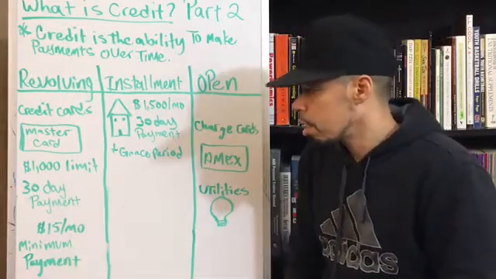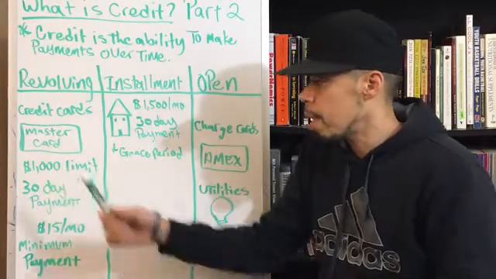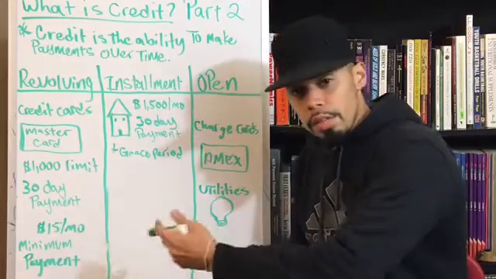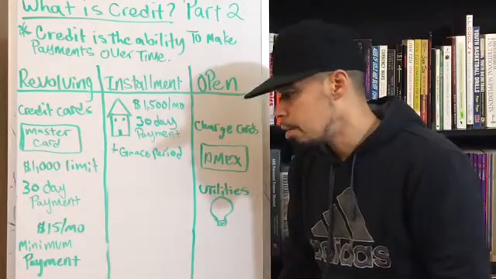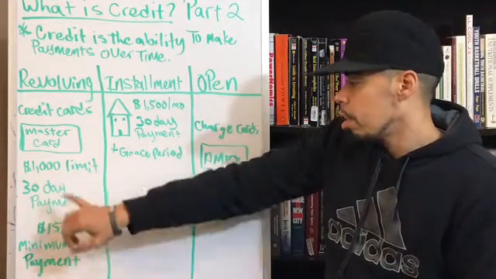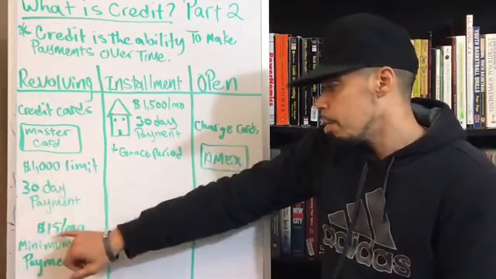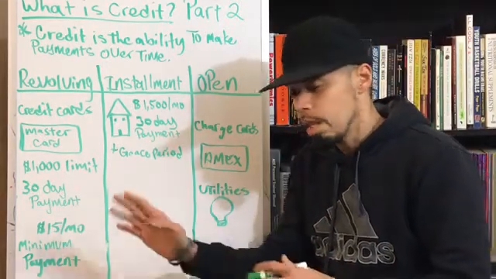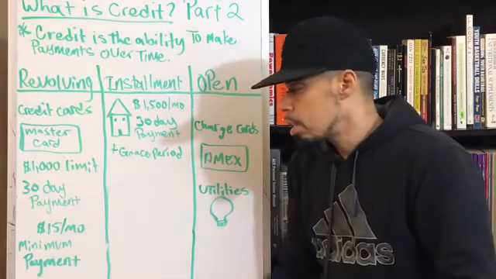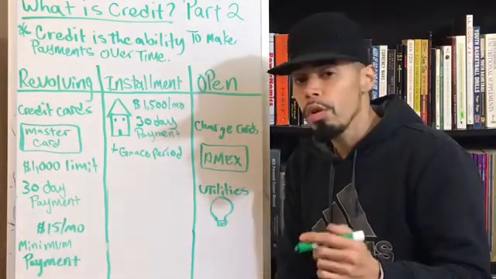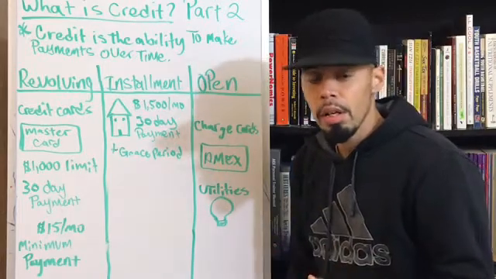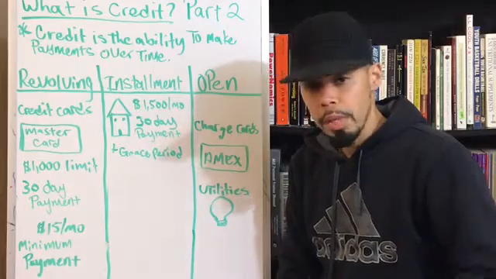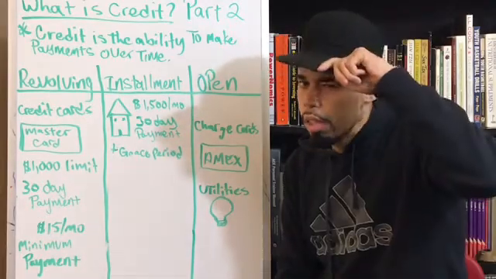Now, just to get into a little more detail, let's say you have a MasterCard and you have a $1,000 limit on your MasterCard, right? It's 30-day payments every month. Now, on a $1,000 limit, your minimum payment should be about $15 a month, right? Now, it's not including interest. What you can do to calculate it is call your actual credit card company and ask them what the formula is to calculate your minimum monthly payment, and they'll disclose to you how they calculate it,